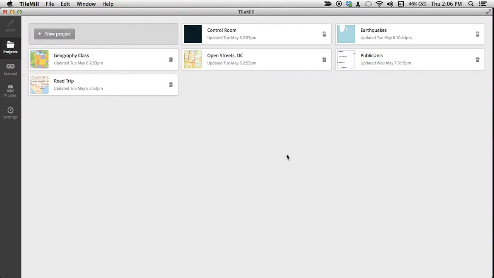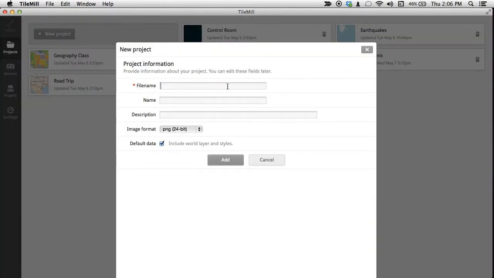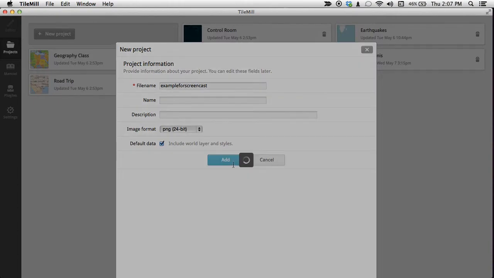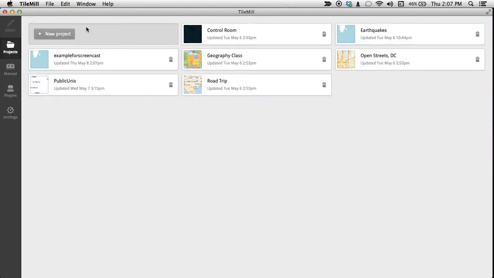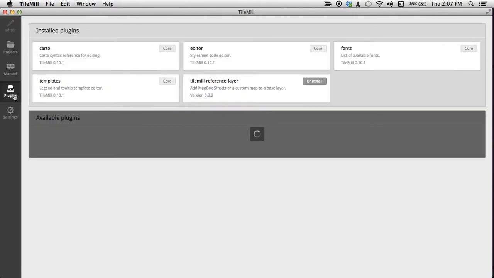So you should have already downloaded TileMill. Create yourself a new project. Let's call this example for screencast, and that's all we need. Example for screencast. The next thing you want to do is click on the plugins tag, and eventually it'll load